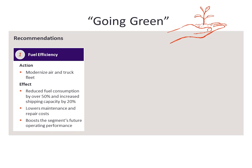Recommendations for going green. First of all, fuel efficiency. FedEx Express has already started to replace its fleet with new, larger, and more fuel-efficient aircraft. This has already led to reduced fuel consumption by over 50% and increased shipping capacity by 20%. It uses hybrid vans that are over 40% more fuel efficient and has replaced over 25% of its fleet with